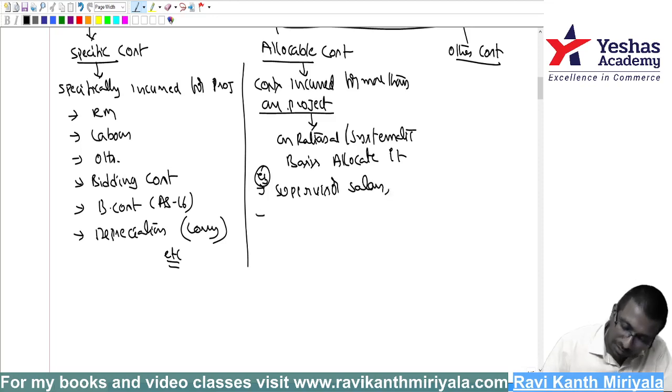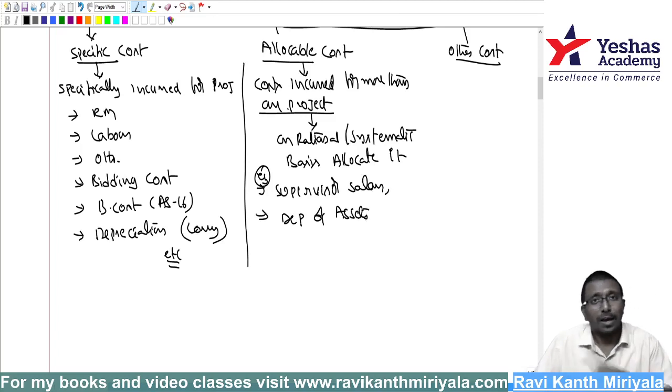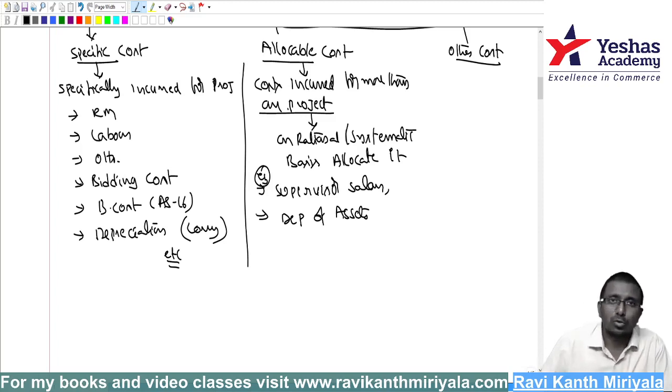At the same time, depreciation of assets. Suppose this is the same lorry I am using for construction. That lorry is carrying goods related to building construction as well as the road. Then what am I supposed to do? Total depreciation is supposed to be allocated based on the number of days it was spent, or some reasonable basis. Accordingly you are supposed to allocate it.